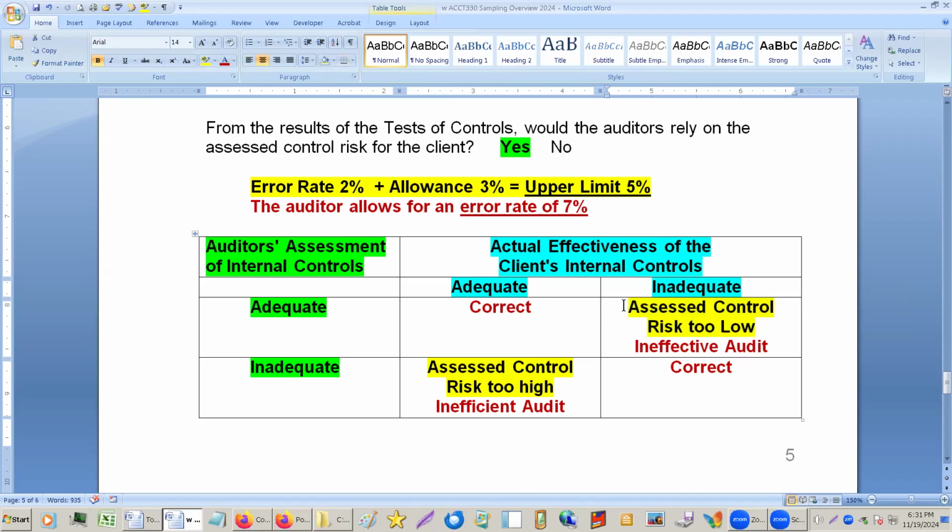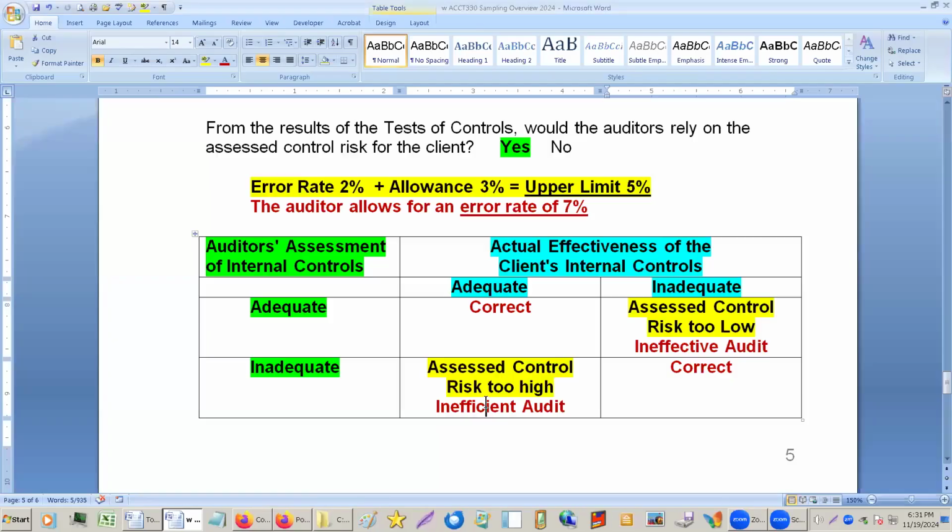You stick to your plan, let's say you plan on taking 500 items for dollar testing, for substantive testing. You take your 500 items, you think, okay, all I need is 500 items, but actually you need a lot more than that because the controls are not effective. So you can't rely on them. You don't know that though. That one is the more dangerous one. The other one is inefficient. You spend a little extra money, but you're going to come up with the right decision because when you take the dollar amounts, it's going to show that everything's okay. So this one's an inefficient audit. This one's an ineffective audit. This is the more dangerous one always, is you think everything's okay, but it's not.